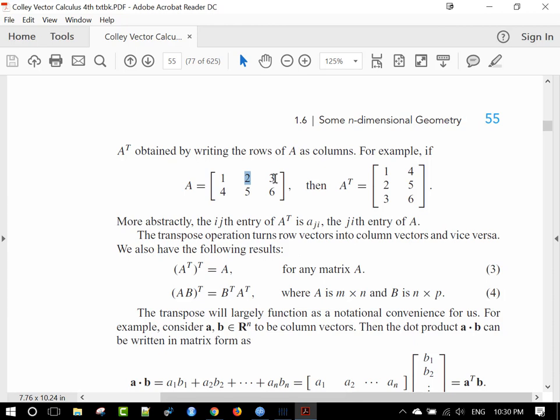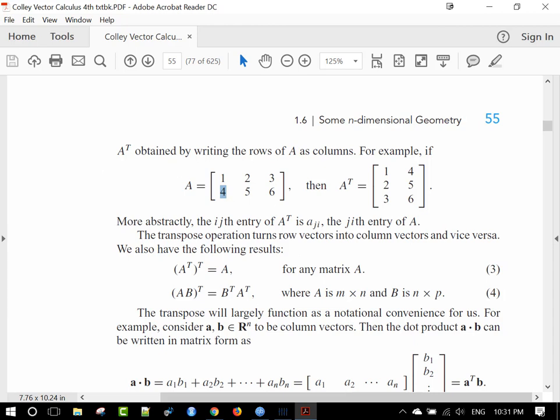And what is this? This is the 4, first row, second column. The 1-2 entry, where did that come from? That came from here. What entry is this? This is the 2-1 entry. Okay, so you can see that the ijth entry of the transpose is the jith entry